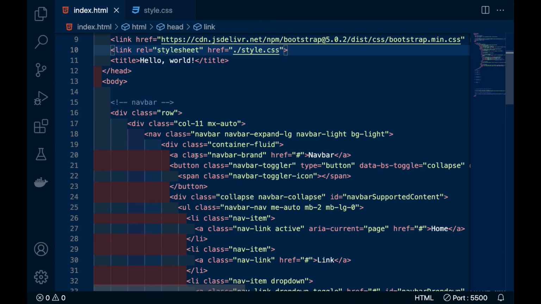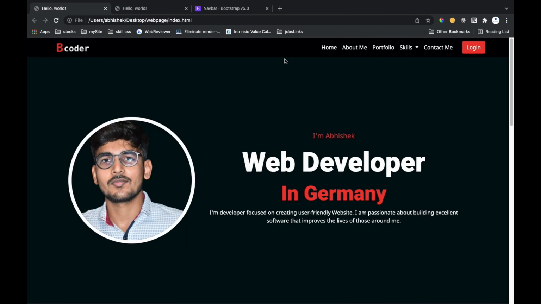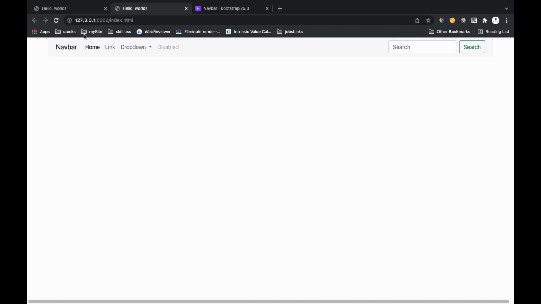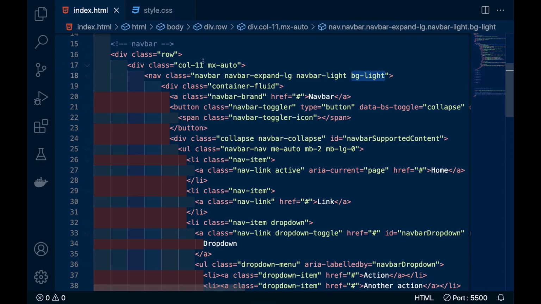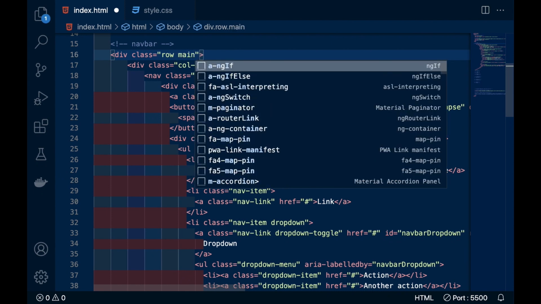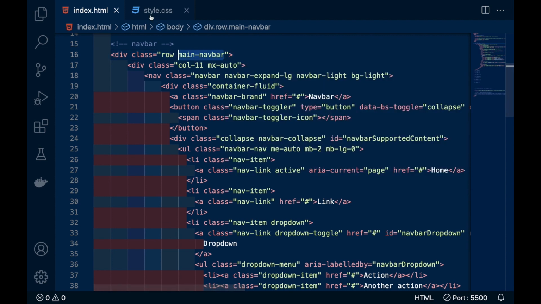Now what we are going to do from this row, because in this 11 column you can see the navbar background is bg-light. So bg-light does not contain full width. It ends here at column 11, which is a little smaller than the whole size. So for that we will write a main navbar class and define it.